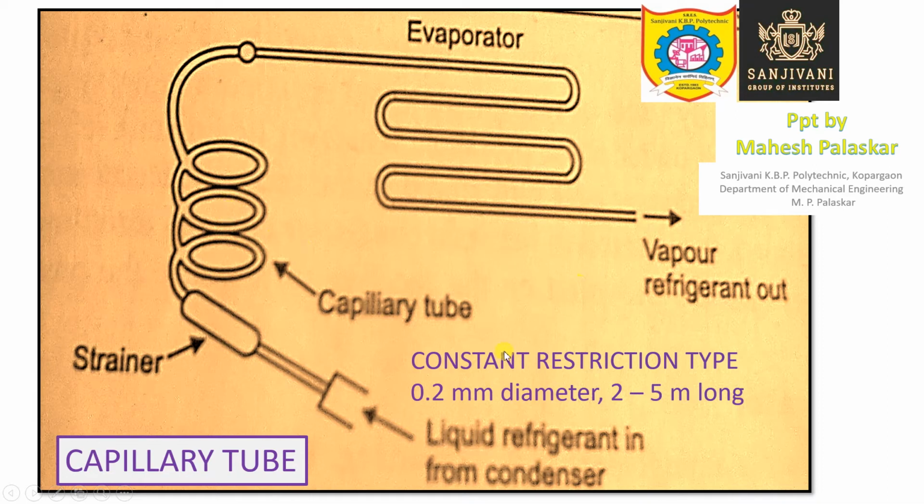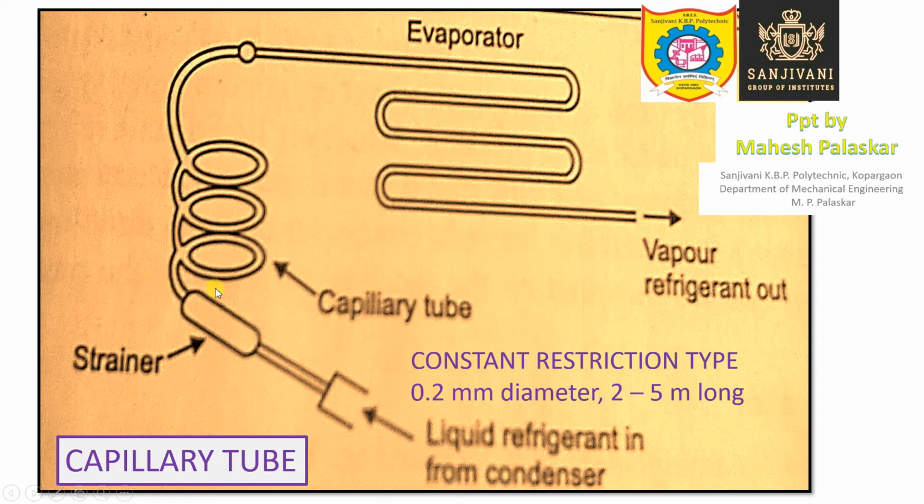And if we decrease the internal diameter, that will also increase the reduction in pressure, or the expansion. So the expansion can be increased either by decreasing the internal diameter of the capillary tube or by increasing the length of the capillary tube. So the length and the internal diameter of the capillary tube are designed properly for that particular system, for that particular load, or for that particular variation in the load.